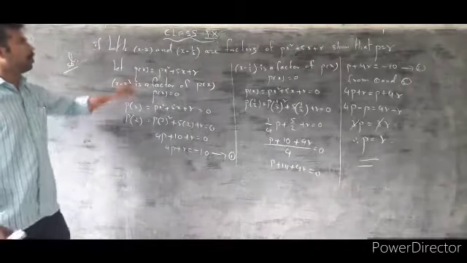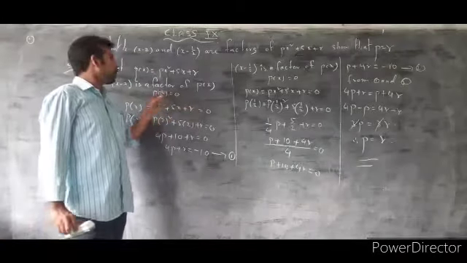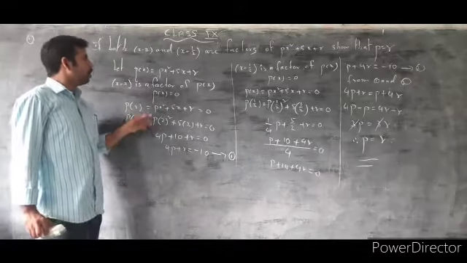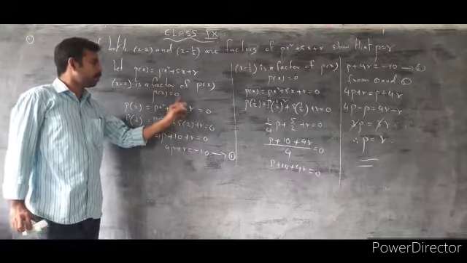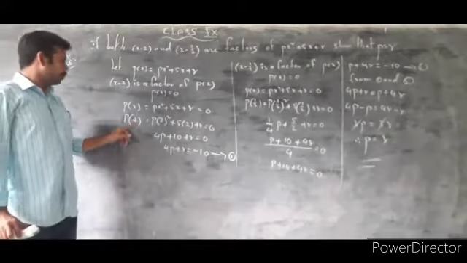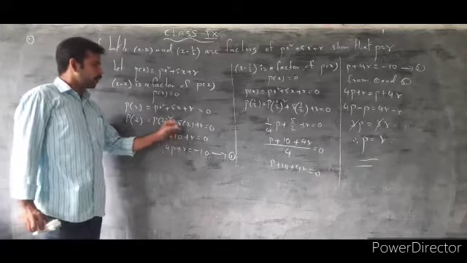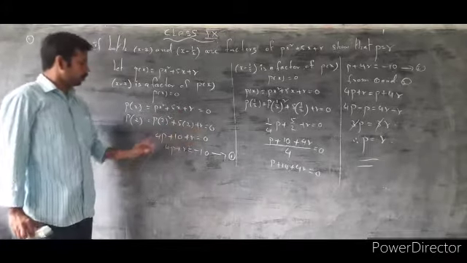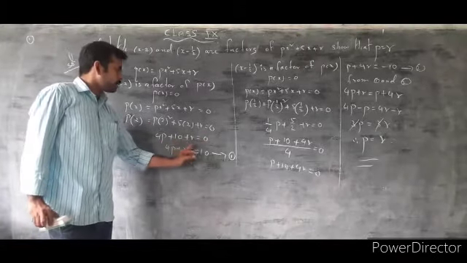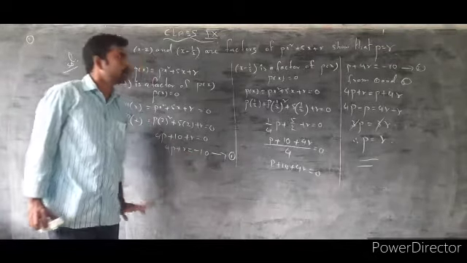Let p of x equal to px square plus 5x plus r. x minus 2 is a factor of p of x. By the factor theorem, p of x equal to 0, so px square plus 5x plus r equal to 0. Now x minus 2 equal to 0, x equal to 2 is substituted. So p of 2 equals p into 2 square plus 5 into 2 plus r equal to 0. 2 square is 4, so 4p plus 10 plus r equal to 0. 4p plus r equal to minus 10. This is equation 1 again.